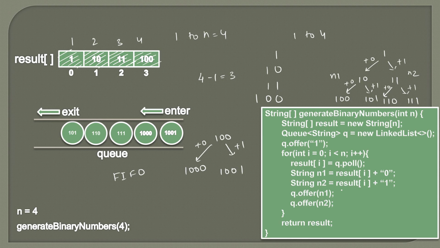So friends, this was all about the algorithm of how we can generate binary numbers from 1 to n using a queue. Here the queue plays a very significant role because this data structure is first in, first out. The element which got inserted first will be the first to be removed. This property makes it easy to generate these binary numbers by just appending 0 and 1.